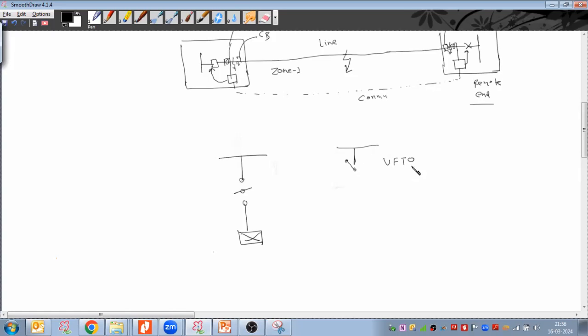It is exposed to VFTO between the busbar, the disconnectors and the breaker. This model is very much complicated. So if any fault occurred, suppose this disconnector is closing, right? Since the spacing is very less, this is my 220